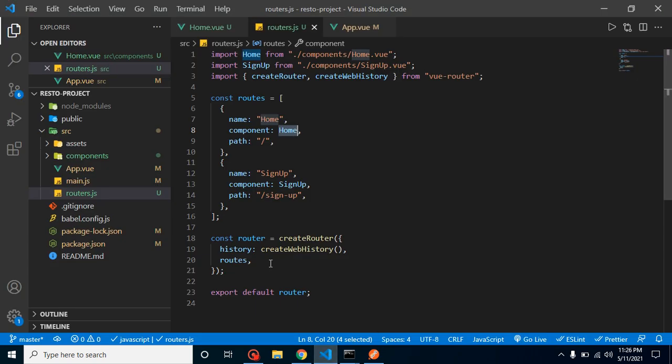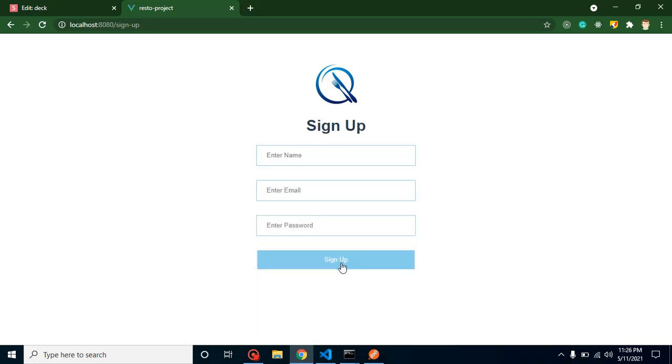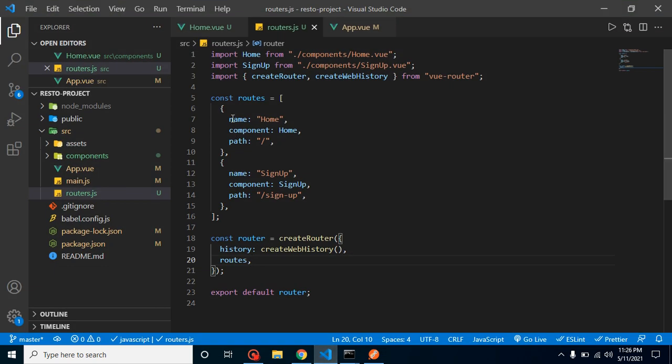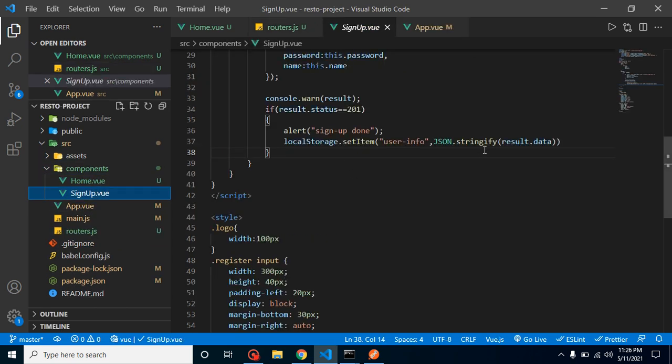So now what we have to do is, whenever a user is registered and clicks on sign up, it should redirect to the home page, right? So for that, let's go to the sign up component, and whenever the user is registered and the API returns 201, we don't need the alert now.